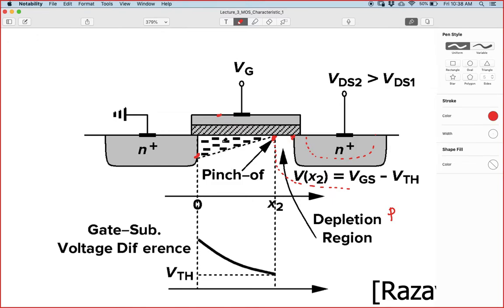I got your question. If a fixed amount of current is flowing, why is there a distribution in charge? A constant current will flow, but there will be a gradient in the charge formation. All the charges will not be flowing equally, right? Did I answer your question? Yes, sir. So there will be a flow of current, but because of the potential gradient that is formed,